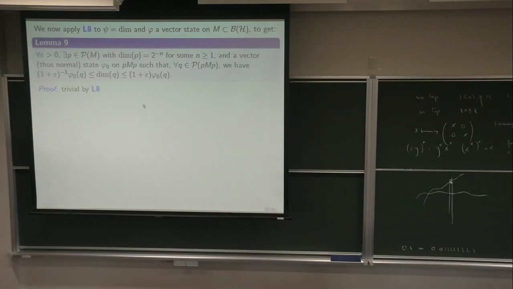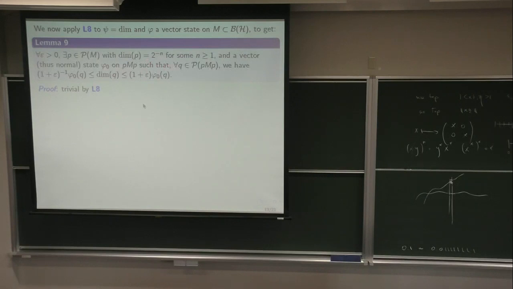So you remember, that implies this: for any epsilon there exists a projection P which I can take from that set F, with dimension of the projection 2 to the minus n for some n, and a vector state phi 0 on PMP,